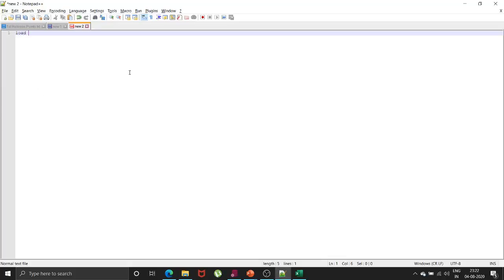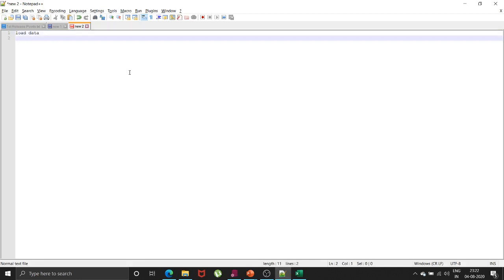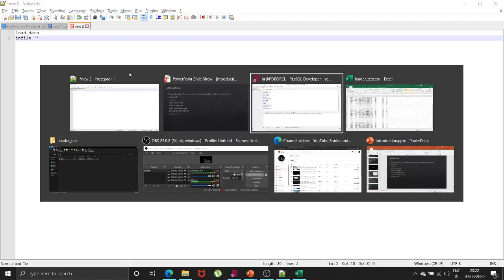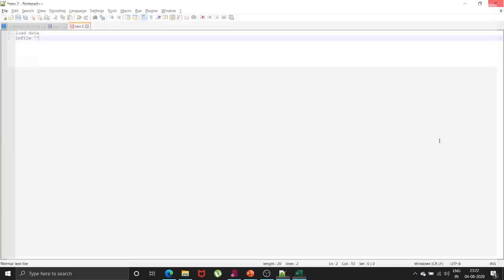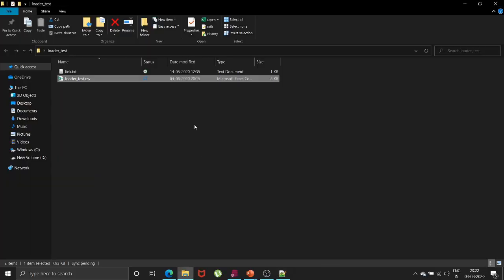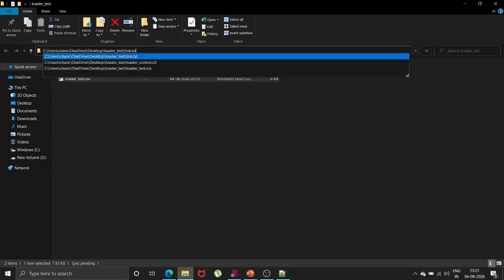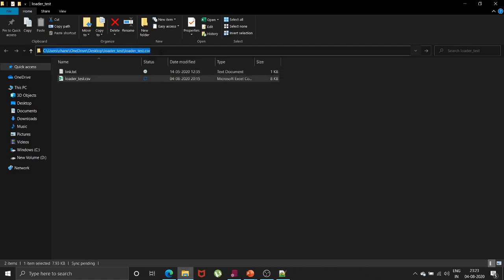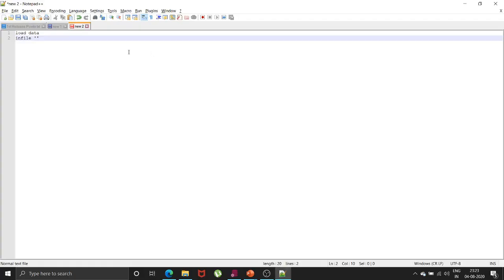As I told you, you have to write load data in file, and you have to give the path. So my data file is kept in this path. Okay, I will close this. Then I will copy this path, which is .csv. So I have given the path of my data file over here.